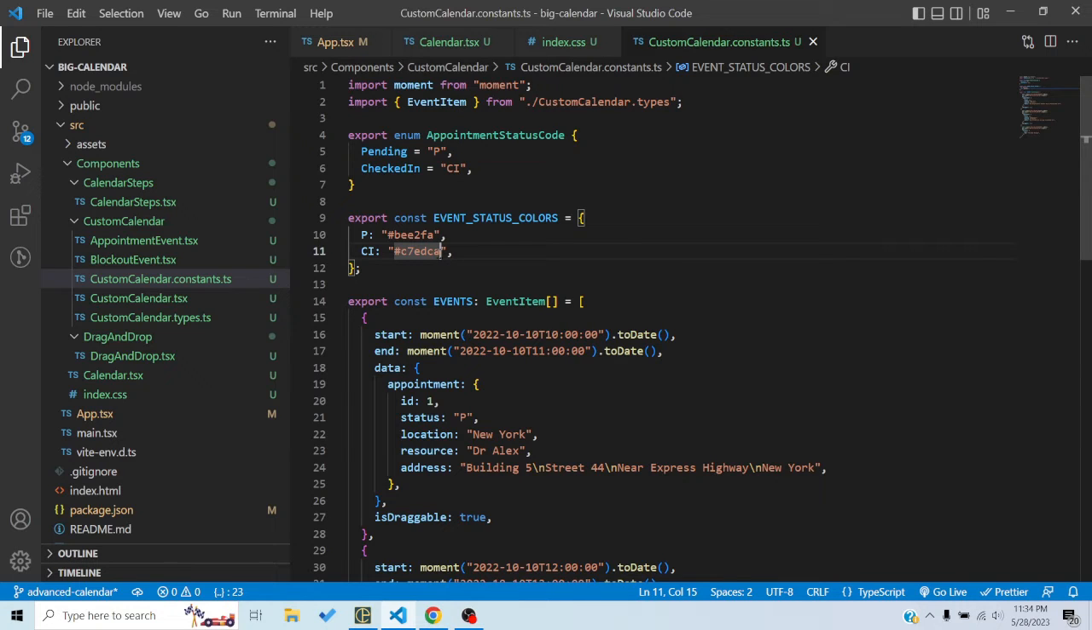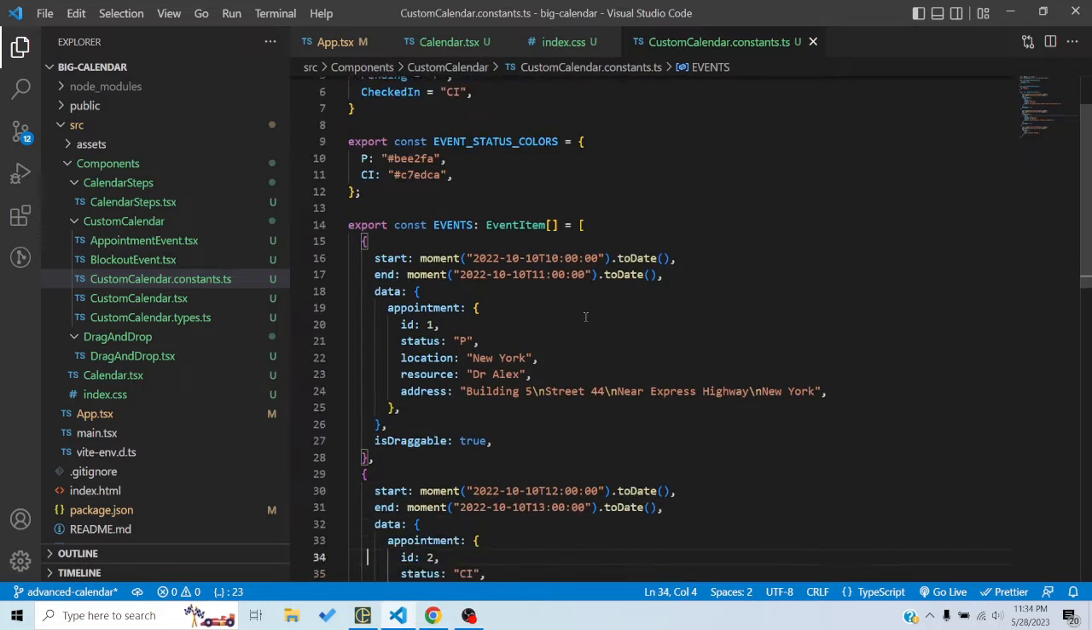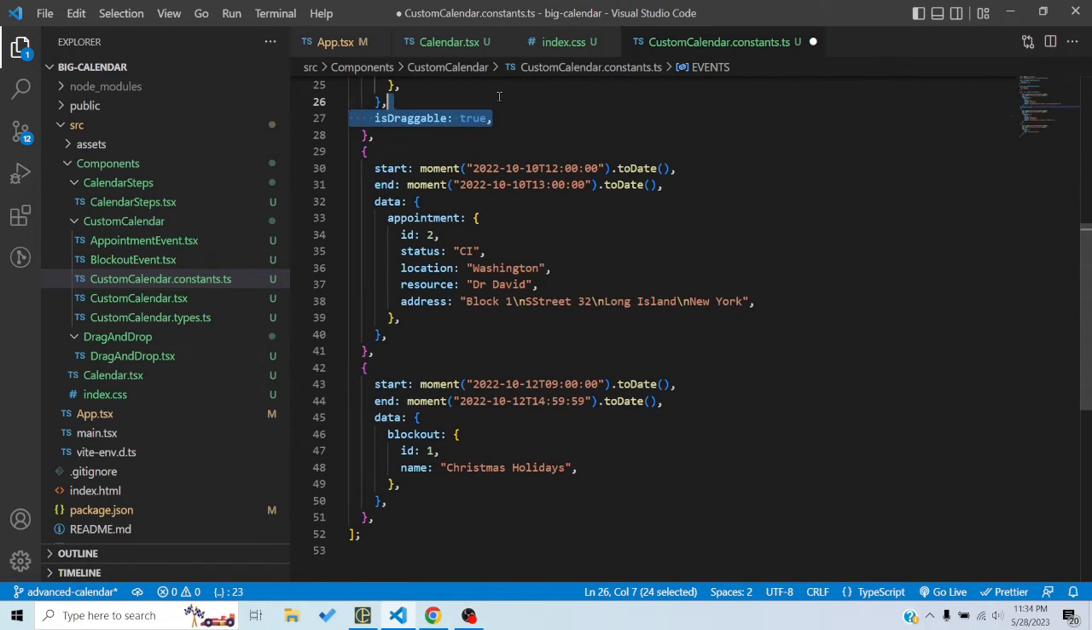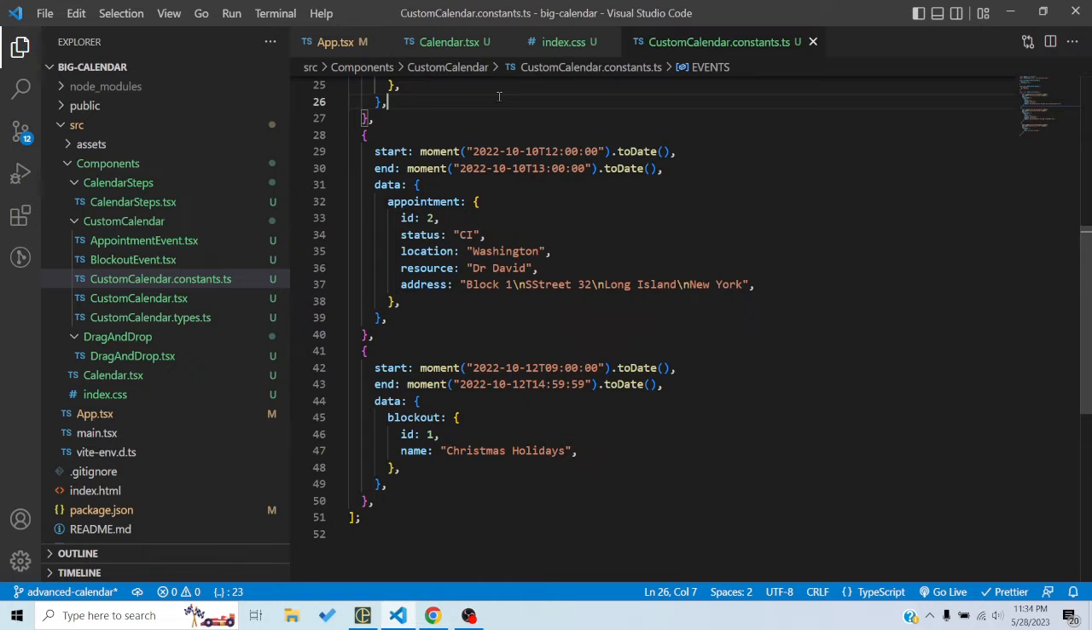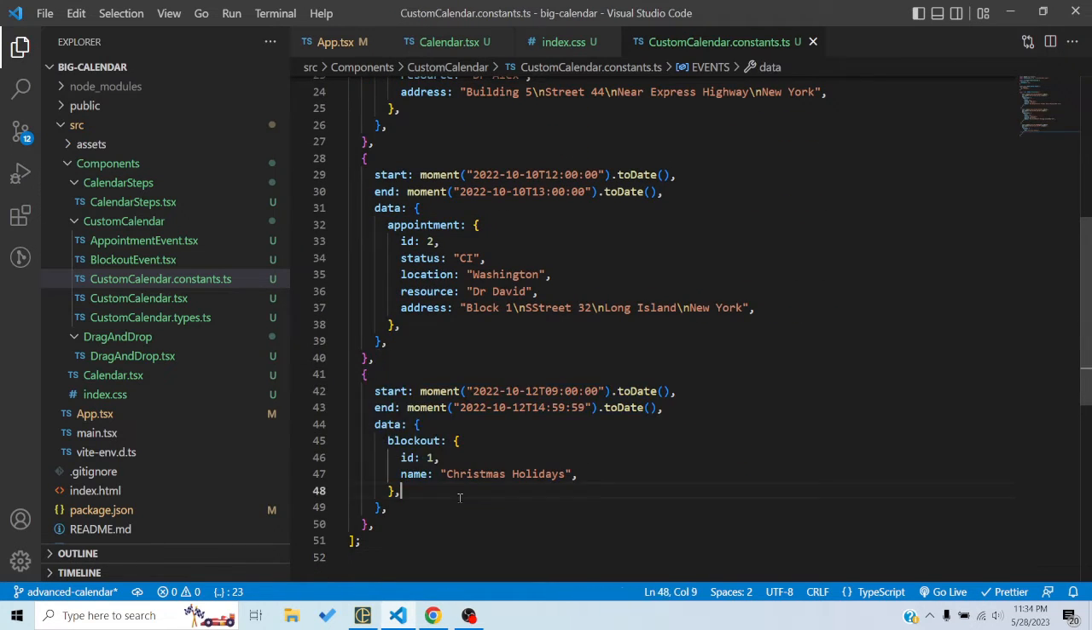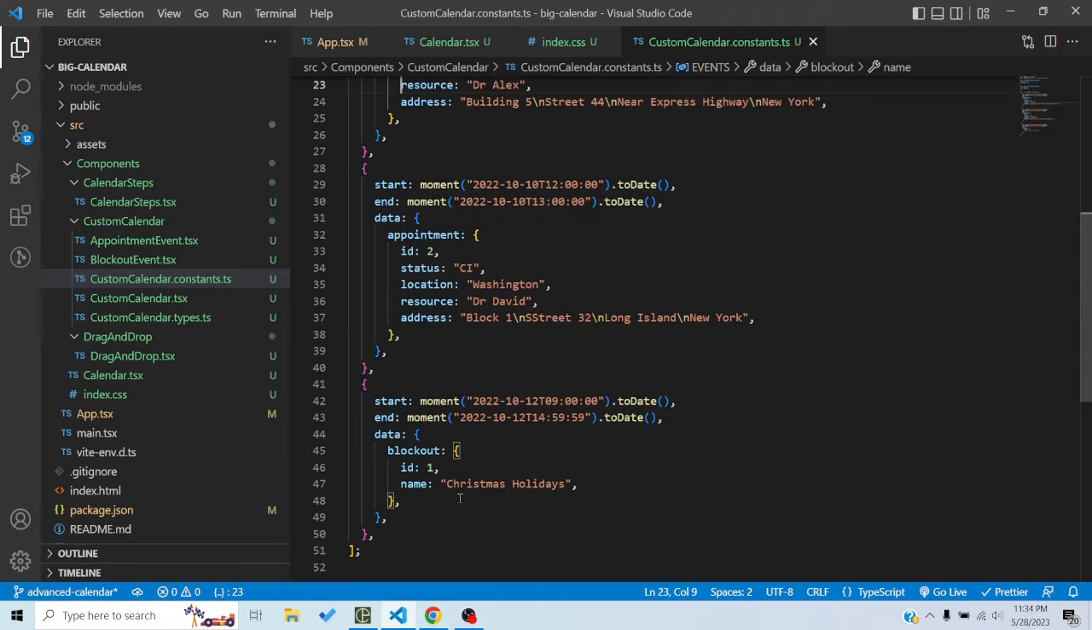So as far as this example, I have two separate event types. I have appointments, which I will show, and then I have blockouts as well, which I want to show. So in this particular example, I have three events. Two of them are appointments and one is a blockout. So I would like to display them. Also,